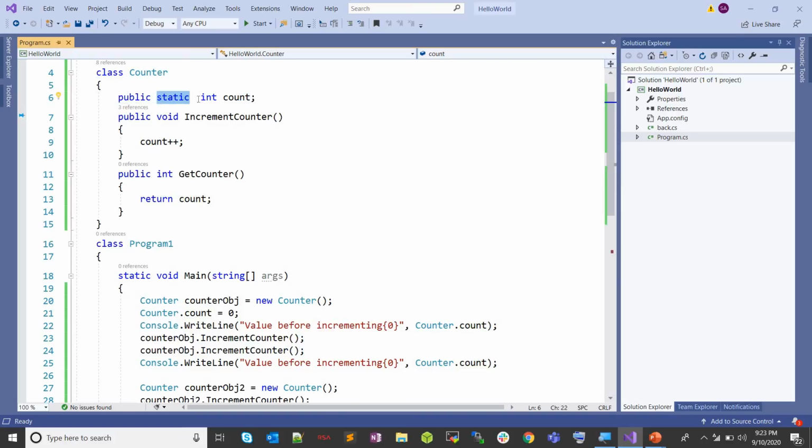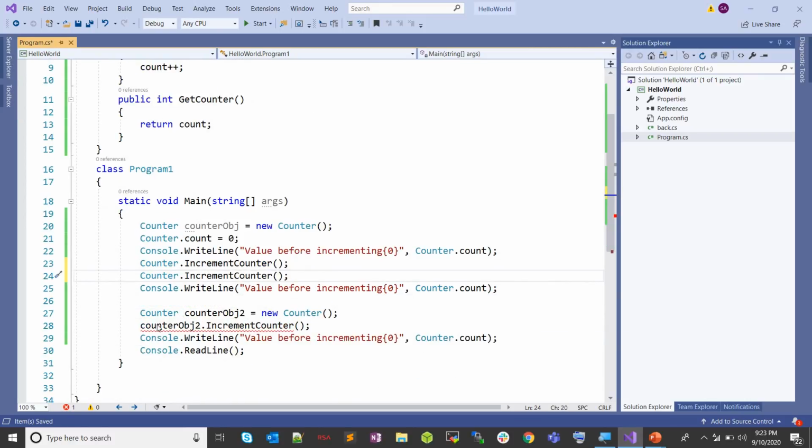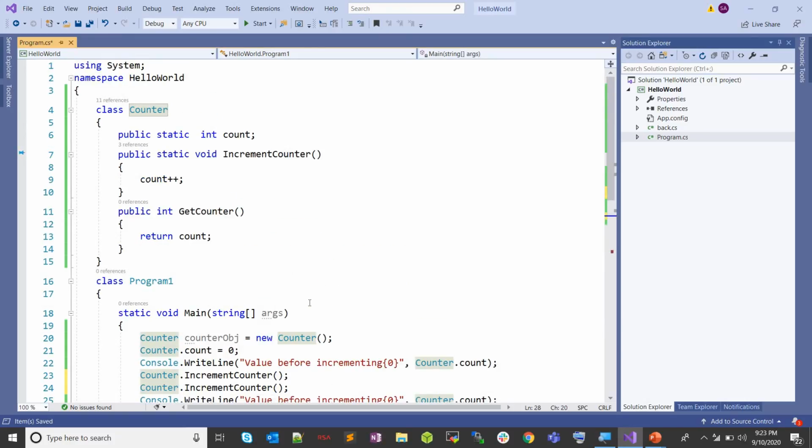Now, you can use static not only in variables, you can create static functions and member methods as well. So if we copy this, since a static variable or method cannot be accessed using the object, you can directly access it using the class name. That's why you are getting an error. Just do this and you should be able to call it. So a function can be static, a variable can be static, and not only that, even your class can also be static.